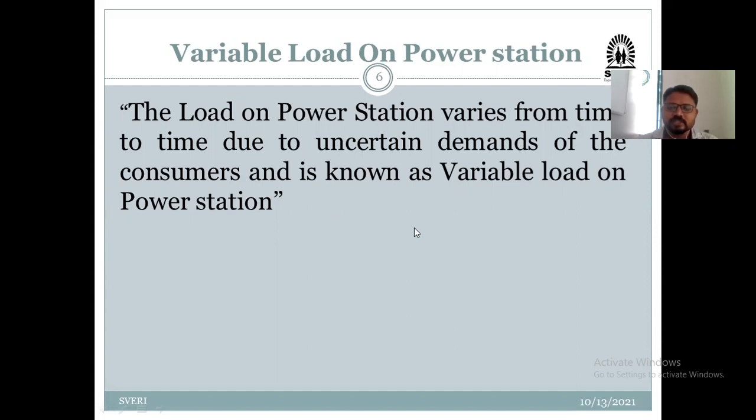If that generating station supplies the electricity to Pandharpur city, Sangola city, and Mangalweda city, then you can say that the generating station has the load of Pandharpur city, Sangola city, as well as Mangalweda city. So this is the concept of load on a particular power station or substation. When this concept is clear, only then is it possible for us to go to the next.